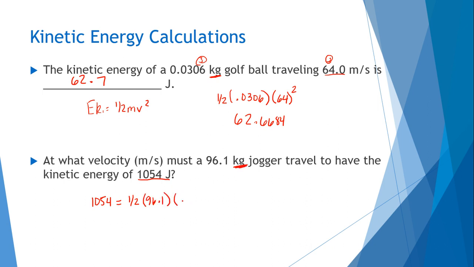My velocity, I don't know, so I'm going to put x, and that's going to get squared. The easiest thing to do is to combine your 1/2 and 96.1 first, and that's going to equal 48.05. And then I'm multiplying here by x squared. I'm then going to divide by that 48.05 to get x closer to being by itself. And you actually get